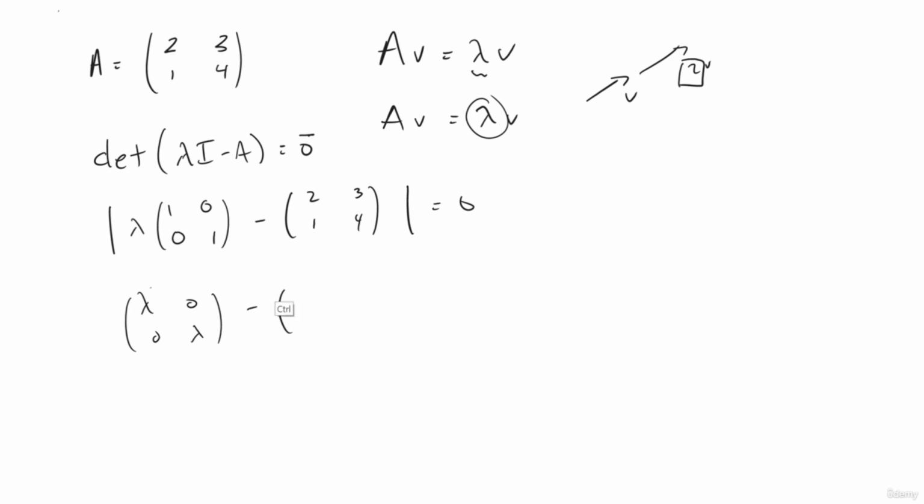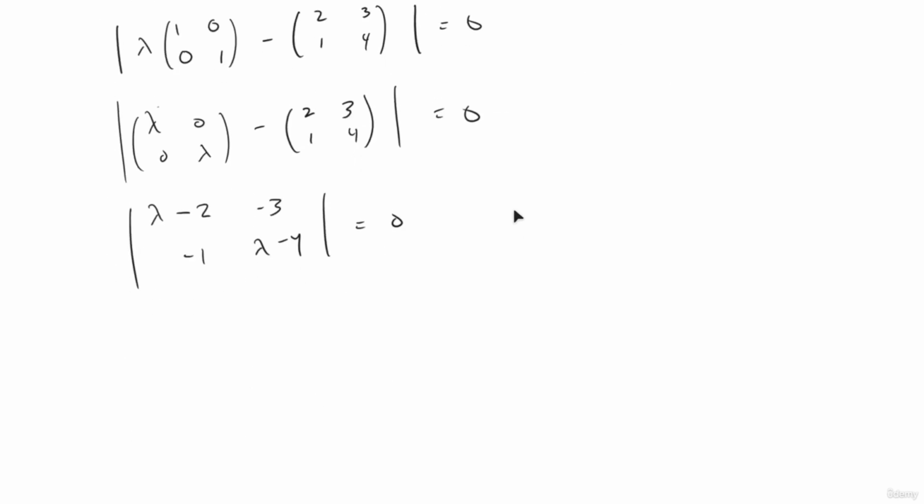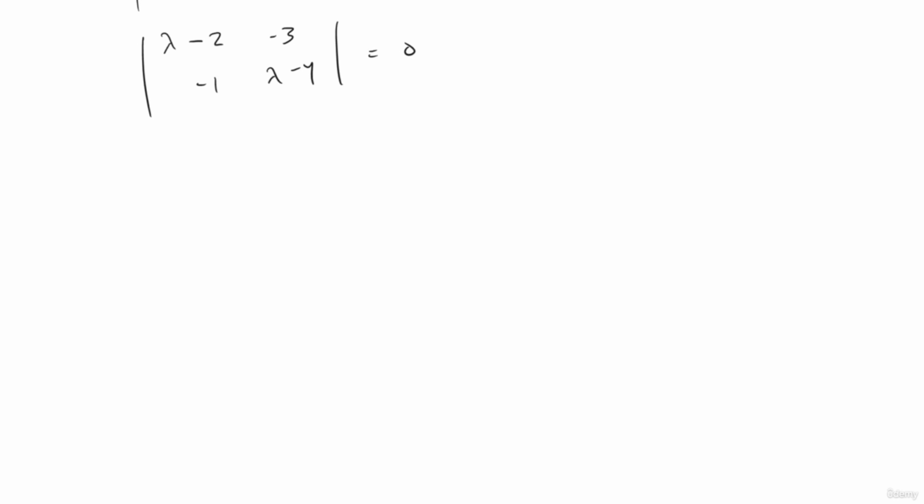I can do that a little bit neater. Okay, and then this is going to give me this matrix right here. Awesome. And now we can take the determinant of this. I'm going to scroll down. When we take the determinant, we're just multiplying the right-going diagonal right here and then subtracting off the multiplication of that diagonal as well. And that's going to leave us with this,